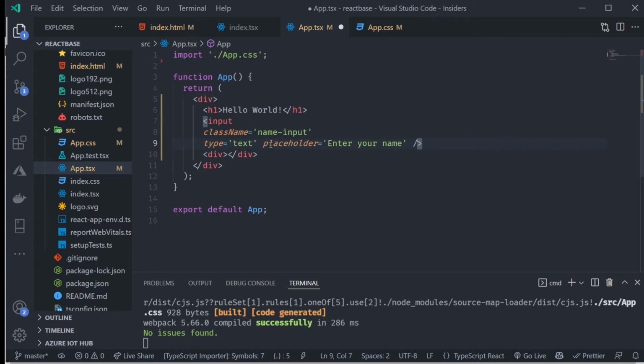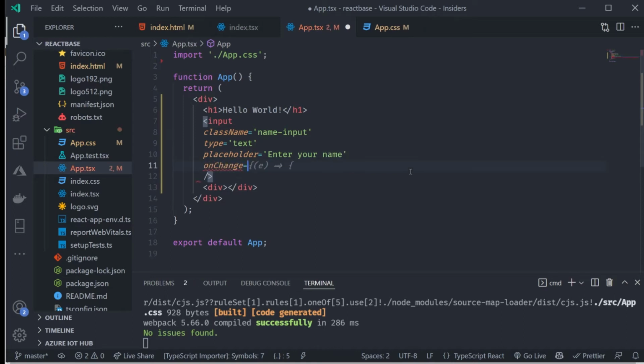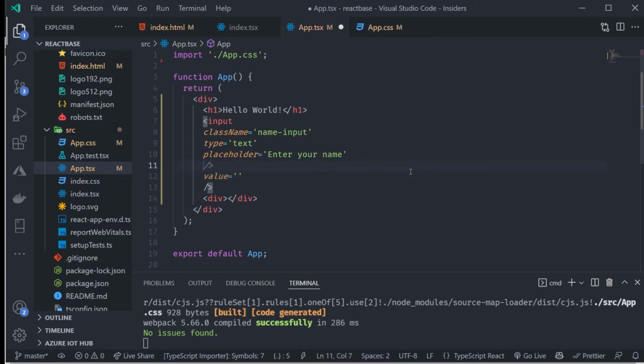I haven't stored what I'm typing anywhere. So what I want to do is, when I type, I want it to do something, right? When I onChange, I want it to do something. See, if I put a value equal, let's get rid of the onChange for a second. If I put something in the value,